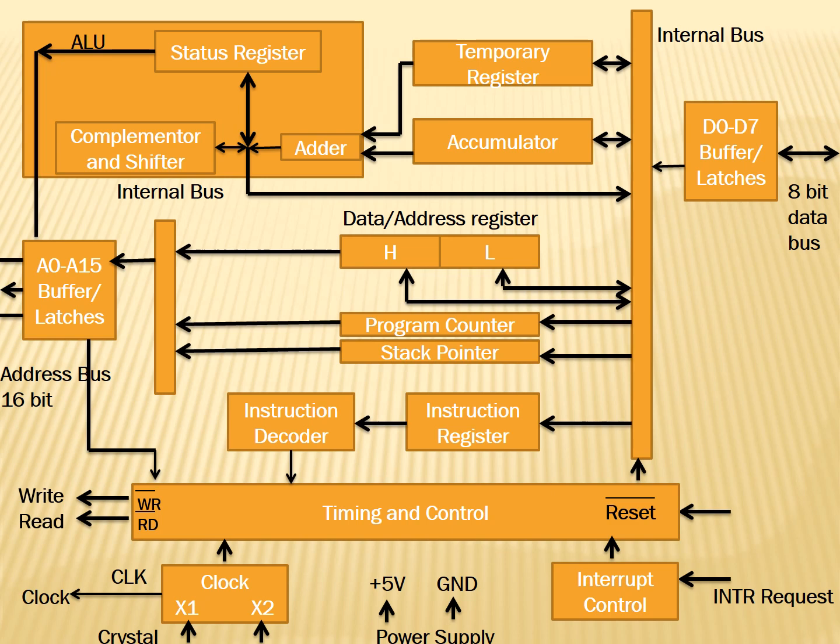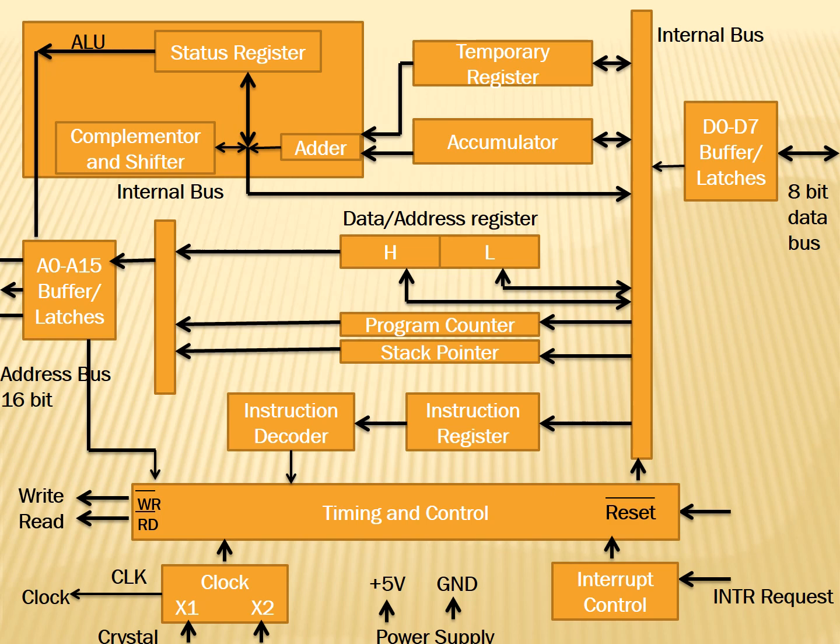So when we are going to draw the diagram, firstly we draw the ALU structure. Inside the ALU we have 5 blocks. Outside the ALU we have 2 blocks. Keep in mind, below that we have 5 blocks: data and address register, program counter, stack pointer, instruction register and instruction decoder. The first four, HL, program counter, stack pointer and instruction register will be connected to the internal bus, and the output of the instruction register will be connected to the instruction decoder. The output of the instruction decoder will be connected to the timing and control unit.